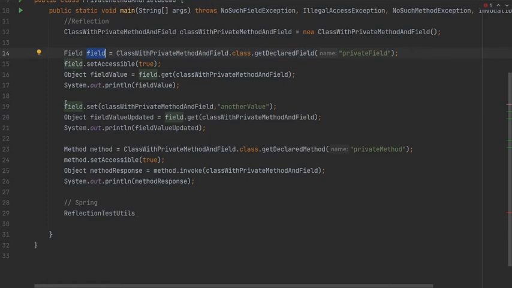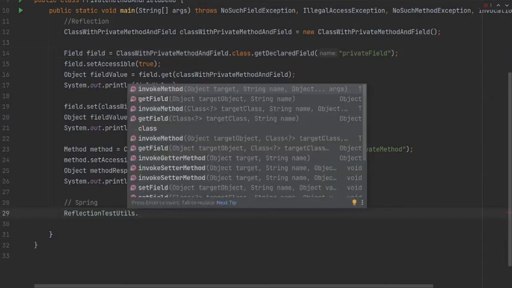The objects are defined in the reflect package, like Field and Method, and we got those fields and methods through getDeclaredMethod or getDeclaredField, right? We can achieve the same thing in a much easier way. We have done this in multiple lines, but through ReflectionTestUtils we can achieve the same thing in a much more concise manner.